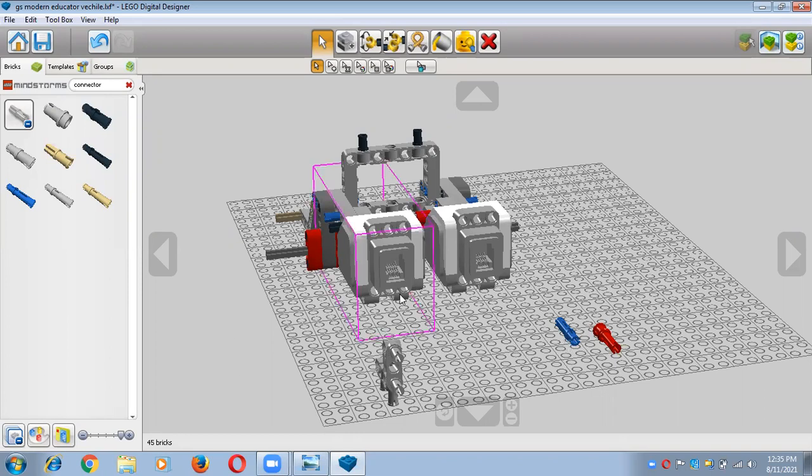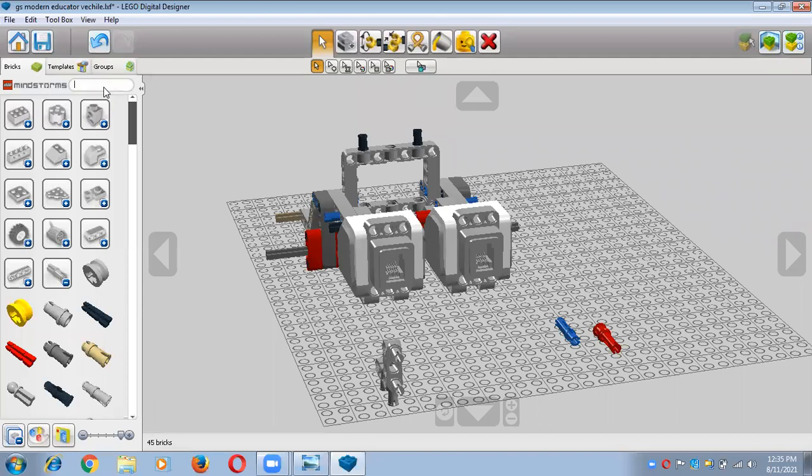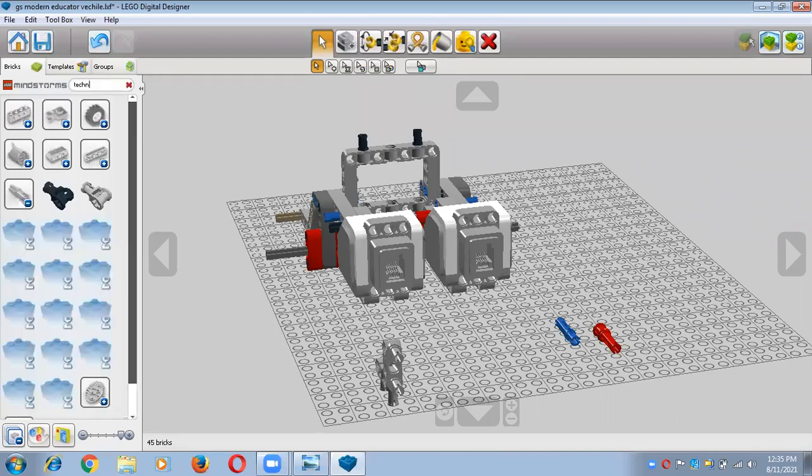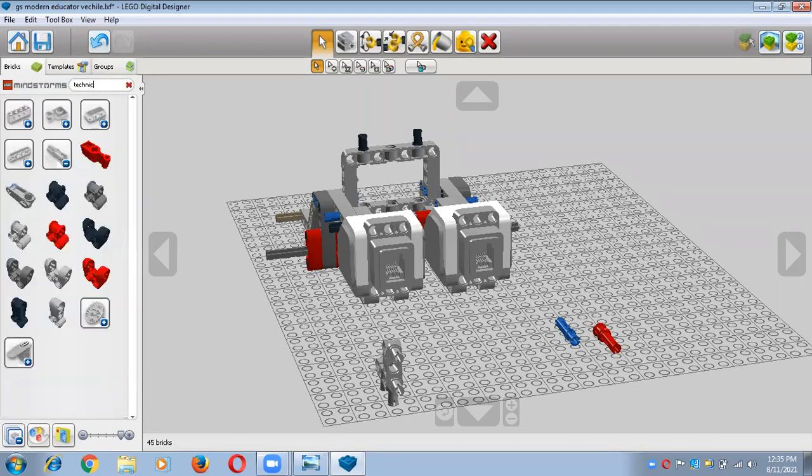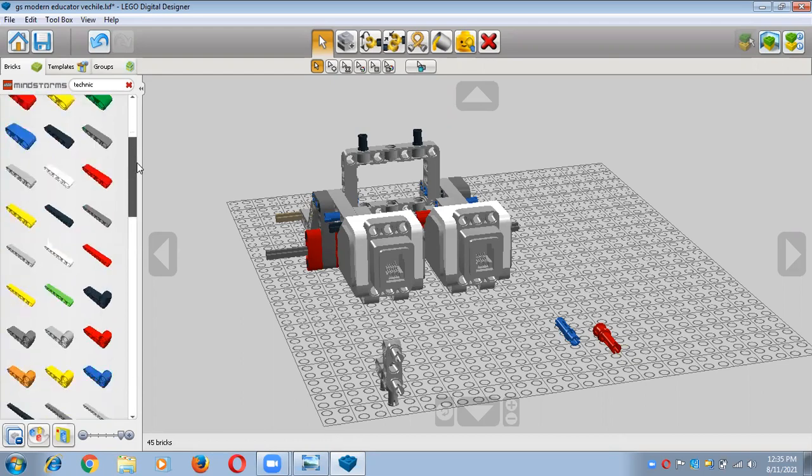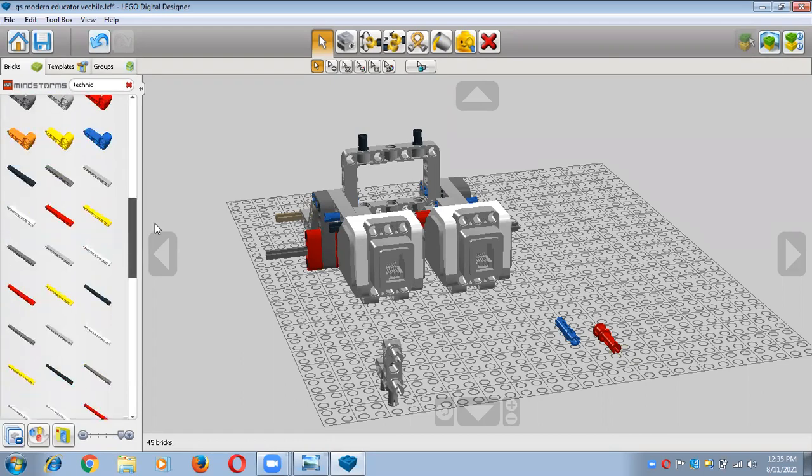Okay, and one more part I want, and its name is Technique Angular Beams. So I'm just searching for it. Technique Angular Beam, and it is the 4x2 Technique Angular Beam.